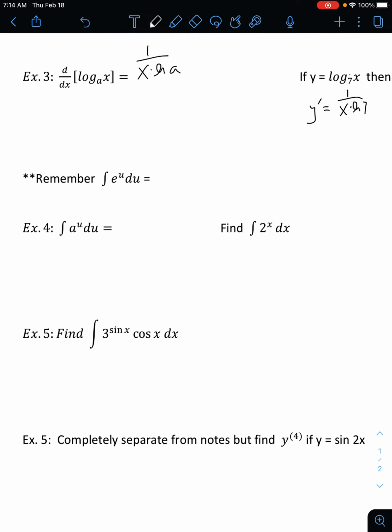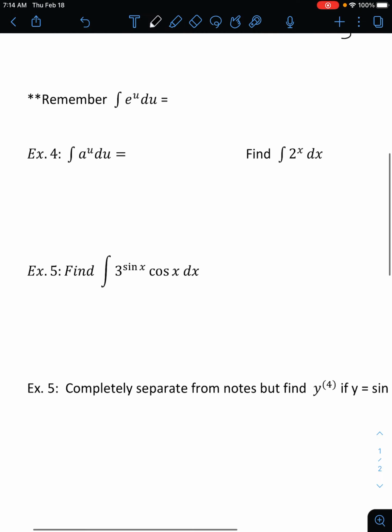And then we do integration. Very similar. When you take the derivative of e to the x, it's e to the x. And remember, when you integrate e to the x, it's e to the x. And most times when you're integrating, you're going to have u substitution. So the integral of e to the u is e to the u plus c. We learned that last time. Well, when it's a to the u, the integral of a to the u is a to the u